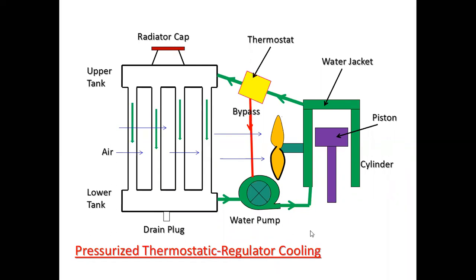In the case of a pressurized cooling system, the working is the same as that of a forced circulation system, but in this case we pressurize the liquid in order to carry more heat, so that the radiator size can be reduced. Consider a case where water is used for the cooling of this particular cylinder of an engine. Suppose water flows through the engine at a pressure of 1 bar, in the cooling jacket.